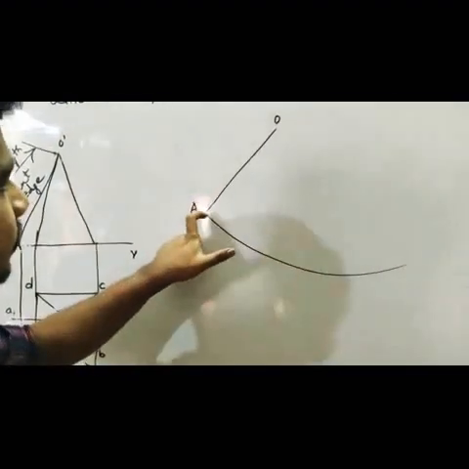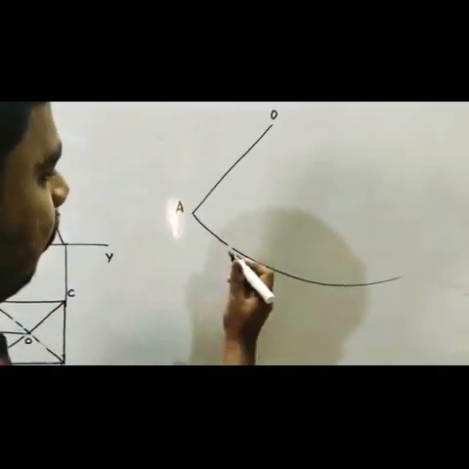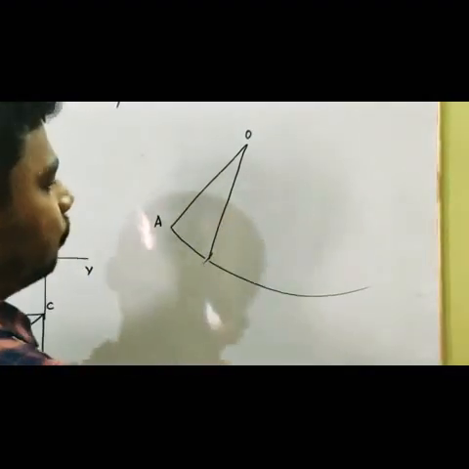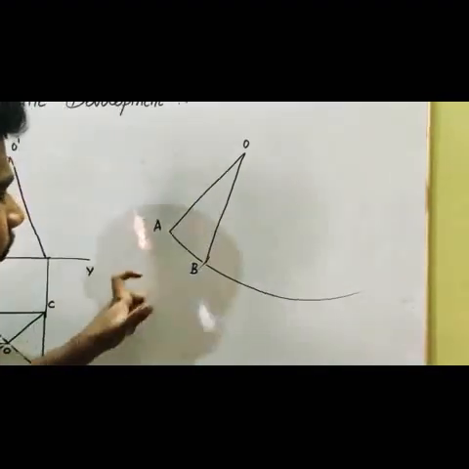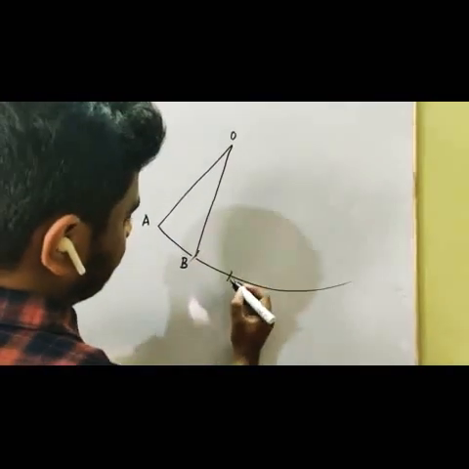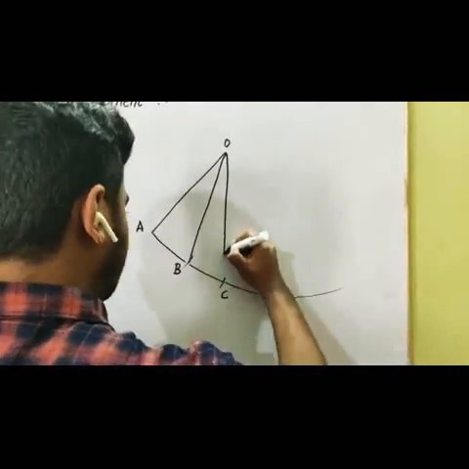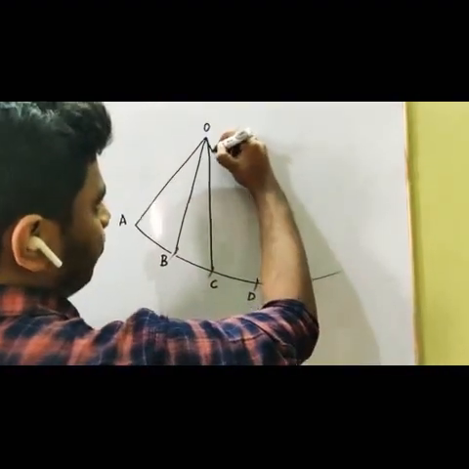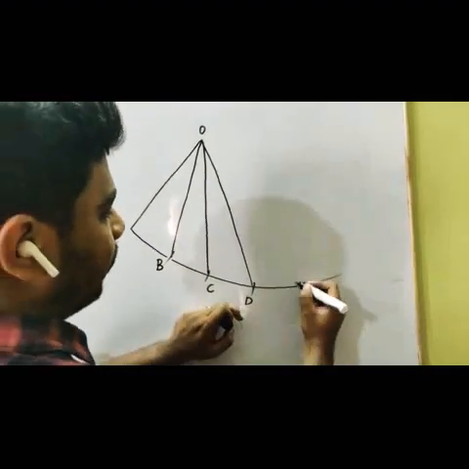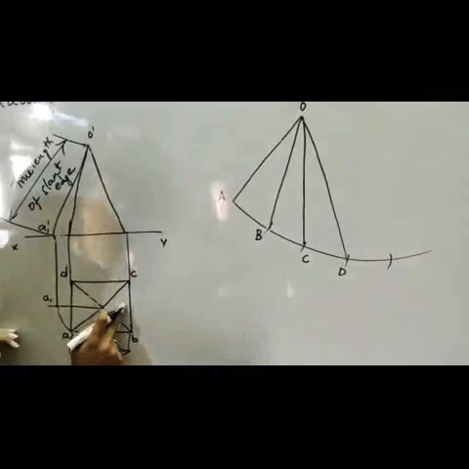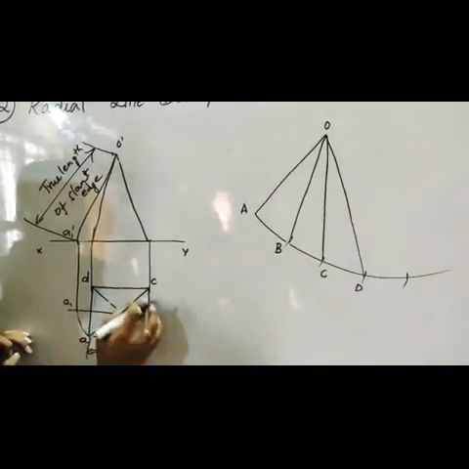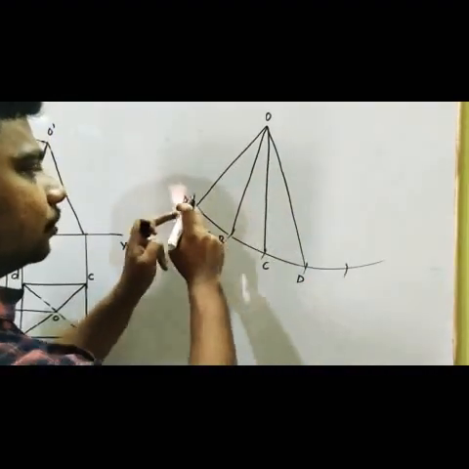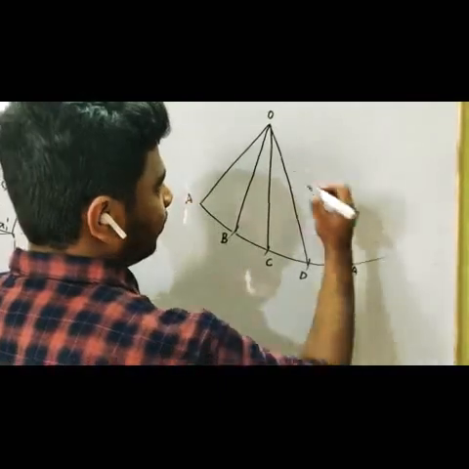So take a compass from point A, make an arc at 20 mm, and you connect that with your O, and that point is called your B. Same, make an arc at 20 mm here, and this is your point C, and you connect it. Again, make an arc here, which is D, and you connect it. Again, make an arc, and here it is, four sides for your square pyramid. So side 1, 2, 3, and this is your fourth side, which is bounded again to your point A.